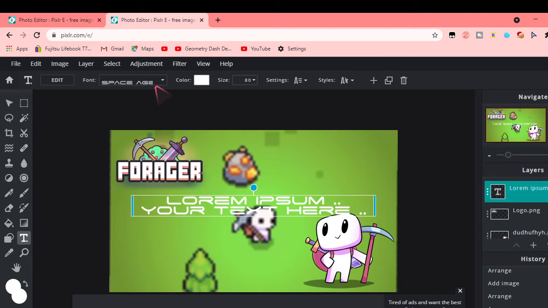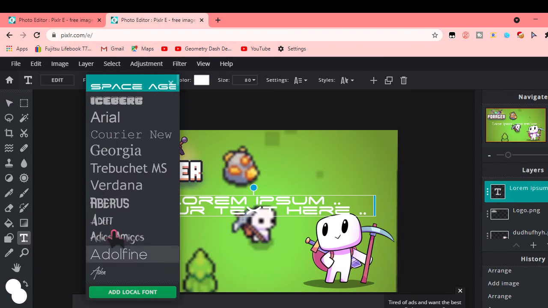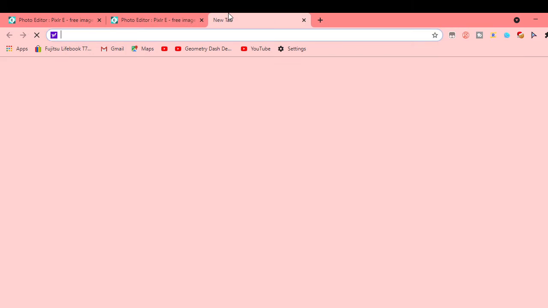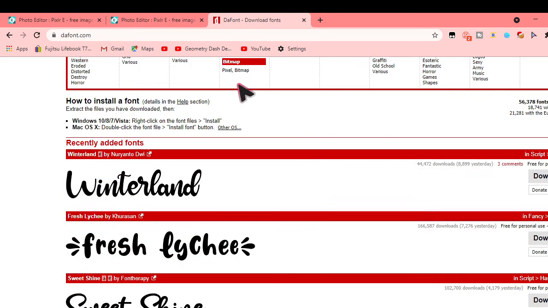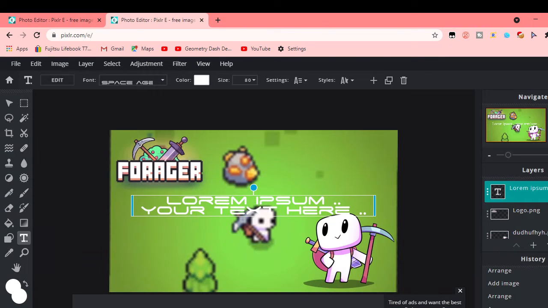you could pick a font. If you want to pick a font, you go up here, and there's a bunch of fonts. If you want to add a font, go to dafont.com, because there's a ton of fonts and it's trusted. I used all my fonts here. Anyways, once you get your font,